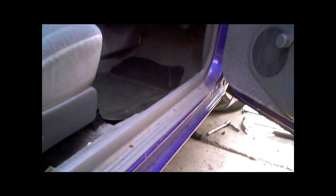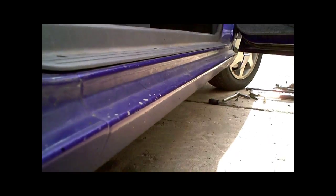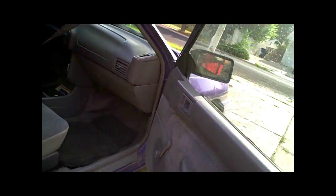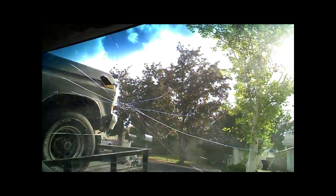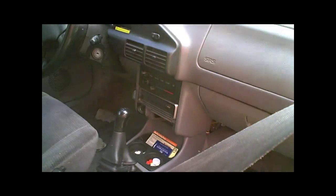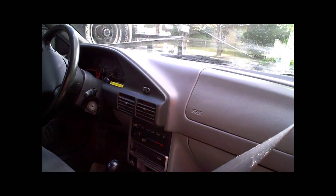and I don't know if you can see that or not, but the floor where there's a hole in the bottom actually bulges up about 3 or 4 inches right here. The frame itself, the main rocker panel, actually looks straight, so I'm just gonna take the sledgehammer, beat it down, pop out the fenders. They took out the rear view mirror, smashed the windshield, took the ashtray, took my sunglasses,